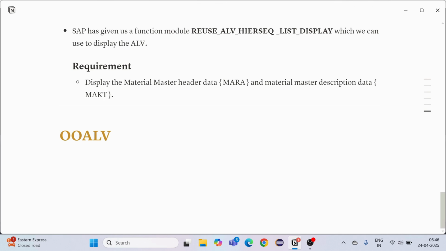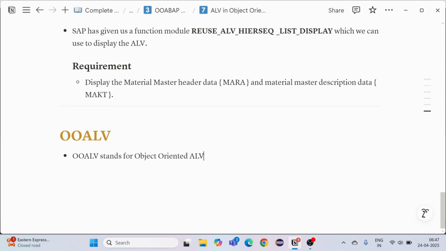OO ALV stands for object-oriented ALV. Yes, object-oriented ALV. Okay, and it is basically, or better I should write it as OOALV,